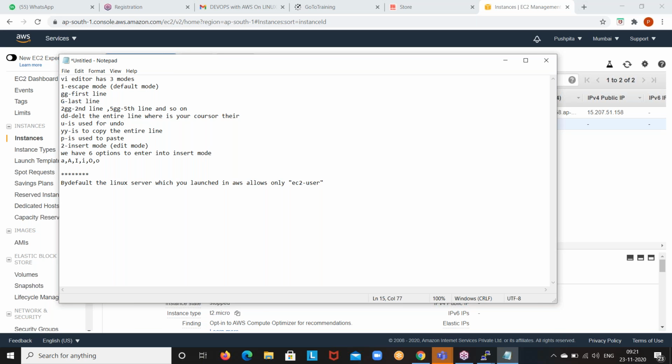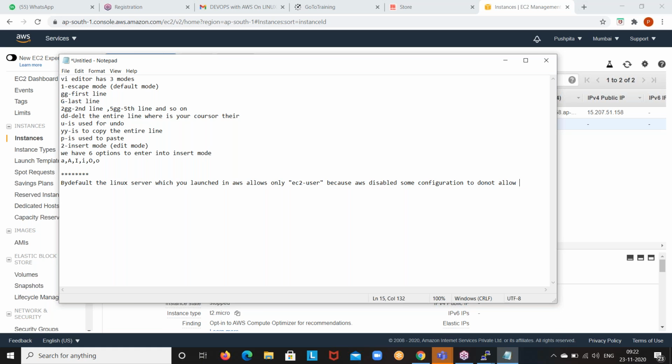That is root access. Because AWS did some configuration, maybe disabled. Write down like this: AWS disabled some configuration to not allow other users.